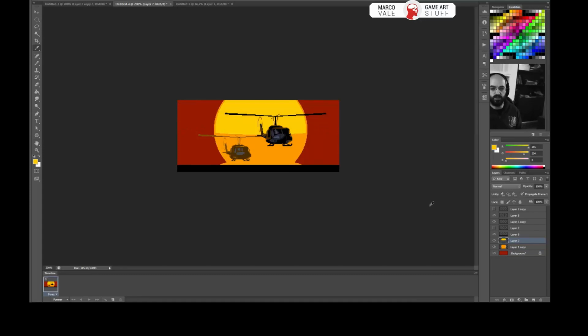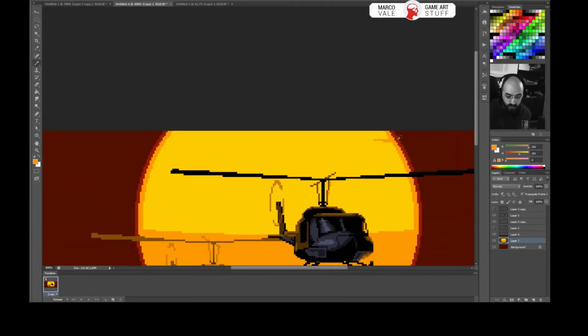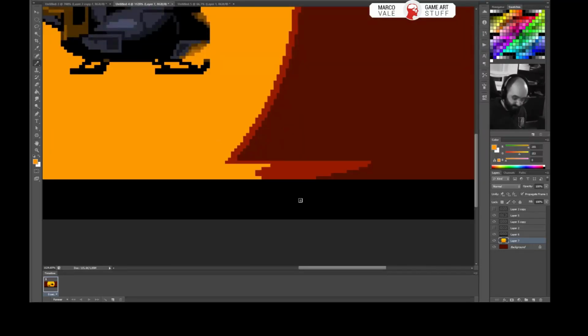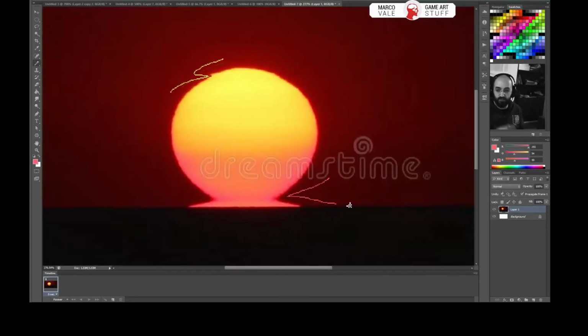So I found a reference where the sun is way brighter at the top, a lot less bright at the bottom, and the sky is also dark, but I get that sort of saturated red rim light around the sun, which is sort of radiating off, and that allows for interesting shapes to be carved both into the sun, but as well it allows for me to change the hues and the colors on the second chopper, which right now is very yellow. But we have to understand that the propellers on the second chopper can't be, here's the reference actually, you can see